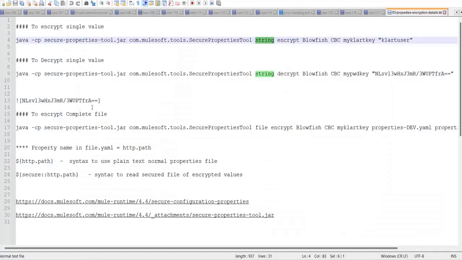Right? So to do that, we have multiple commands. To encrypt a single value, this is the command. To decrypt a single value, this is the command. To encrypt a complete file, this is the command. But just observe, till here it is the same. You should not change anything. Till here it is the same,